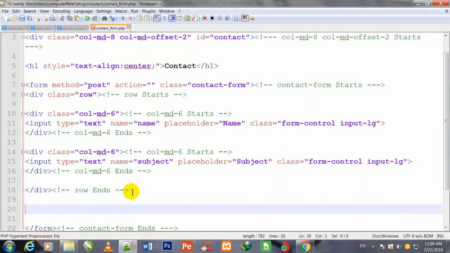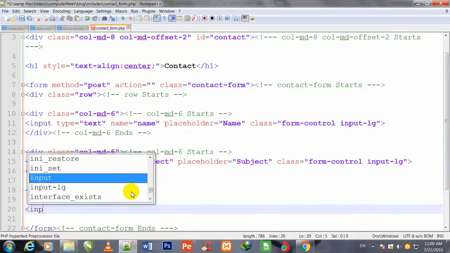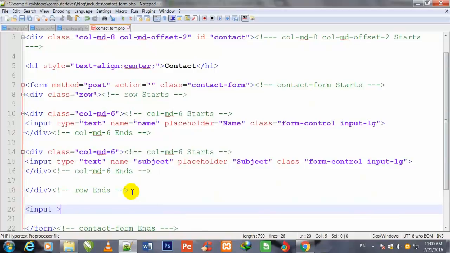Now friend, I come out of this row ends div at the closing div of row ends, and I make one input tag, input space type